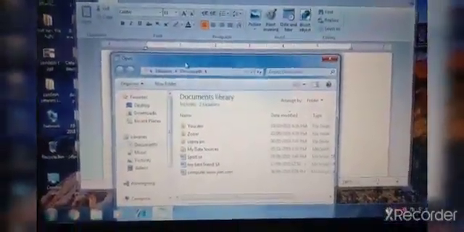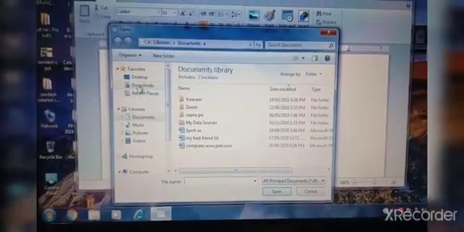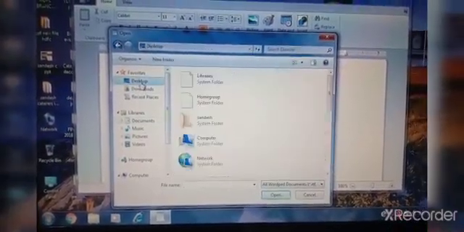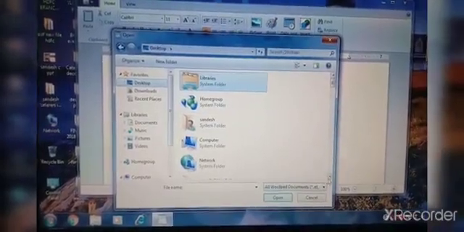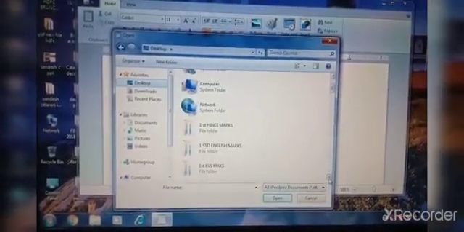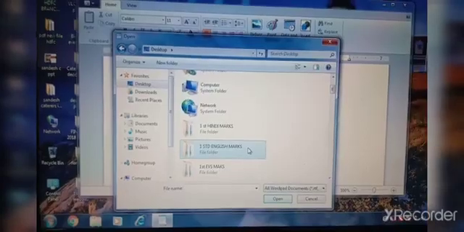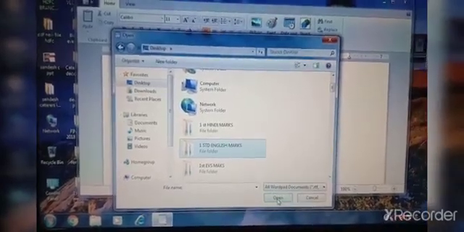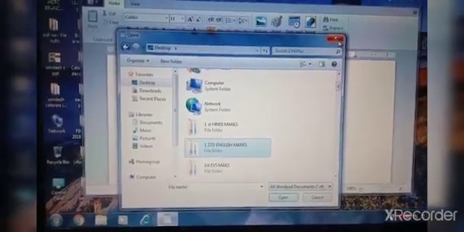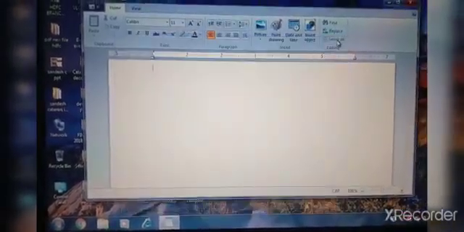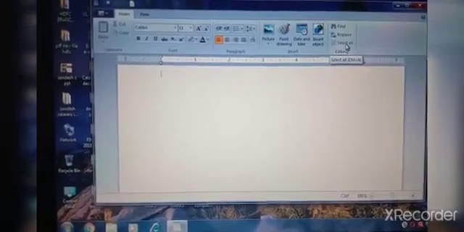Here you search for your document. Where is your file? Suppose on the desktop. You click and select your file and click Open. Okay children, this is the way to open an existing, old file which is there in your computer.